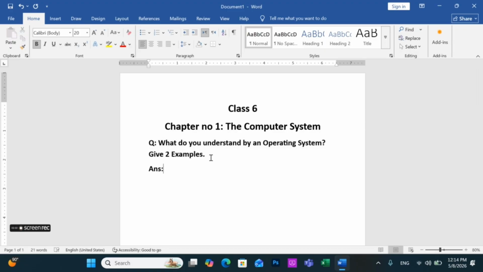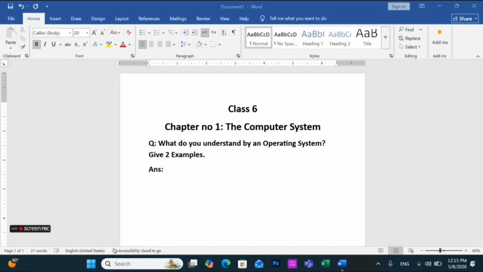Okay, so your question is, what do you understand by an operating system? The short form of operating system is OS. If I write what do you understand by an operating system, give two examples, it means I am asking about the operating system. First you have to tell me what an operating system is, and then you have to write two examples of operating system. So the answer is